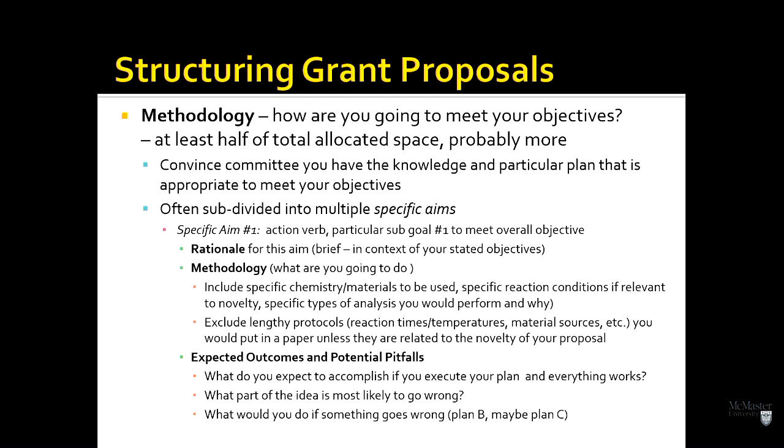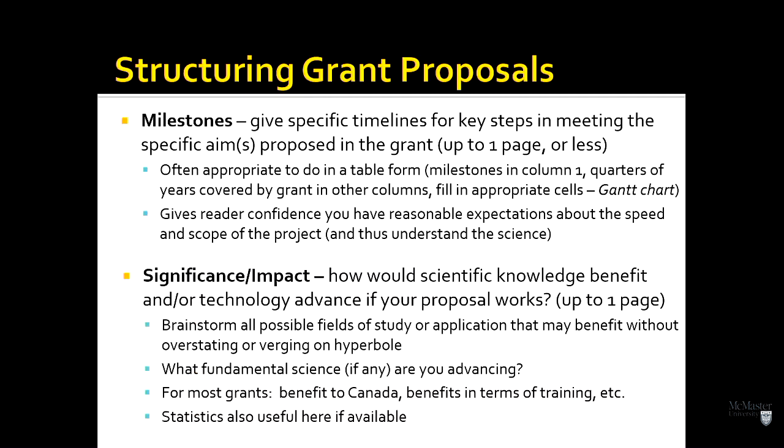Okay? I then recommend putting in some milestones. So many of you have done undergraduate courses, things like Gantt charts, right, where you list a bunch of milestones, you have a timeline, you cover this milestone will take this long. You could do it that way. You could do it by aims, so this would take the first 5 months or whatever, however you want to include that, right? But just give us some sort of idea, speaking to that feasibility criteria,